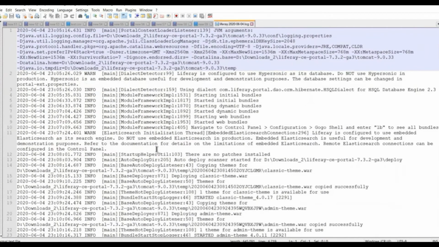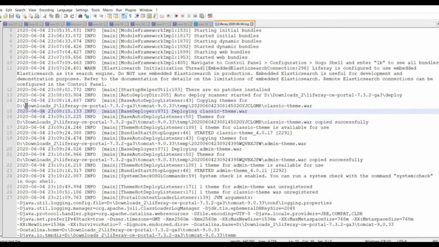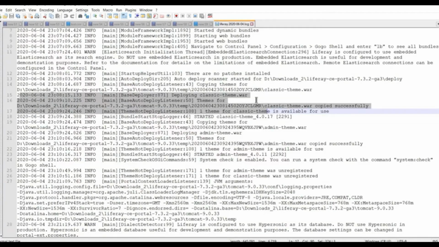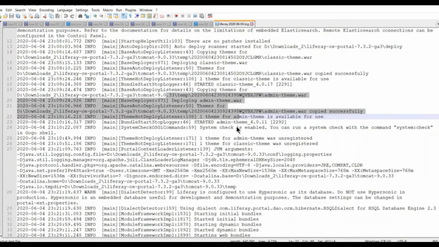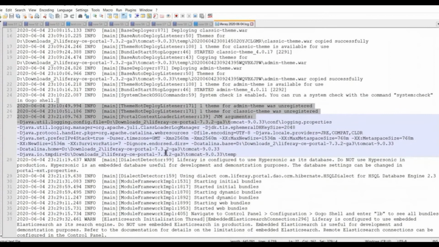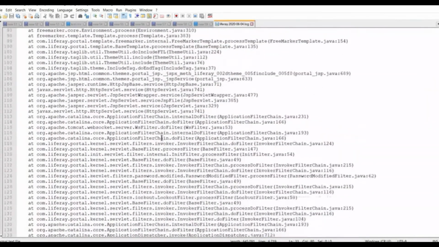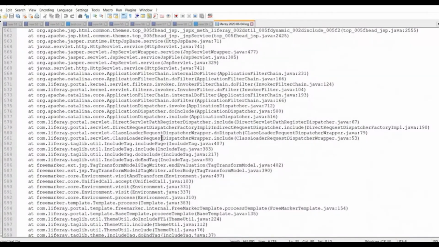If you read here, whatever steps have been performed are going to come here. You can see steps talking about custom or default themes being deployed. Whatever operations are taken care of by Liferay, all of those entries are going to be here. Whenever you deploy any custom theme or any code, you should monitor this, and in this log file you should be able to know the status. Also, if you are facing any issues while working with Liferay, and if Liferay is throwing any error, all of that error information is going to be in this log file.